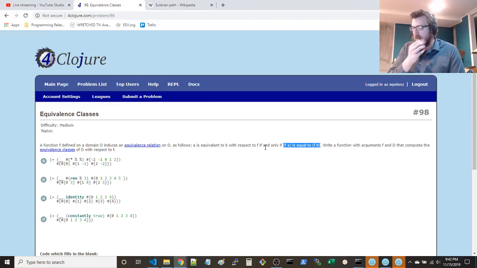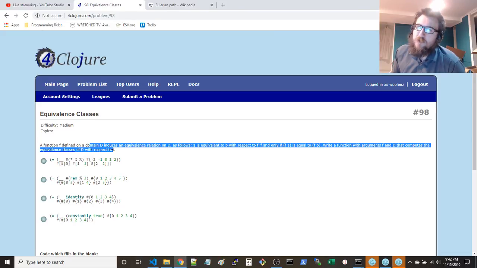The classes would be everything related to 0 is a class, everything related to 1 is a class, everything related to 2 is a class, everything equivalent under modulo 3. So, if and only if f of A is equal to f of B, write a function with arguments f and D that computes the equivalence classes of D with respect to f.